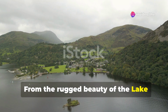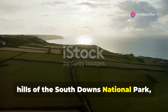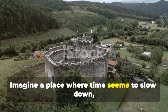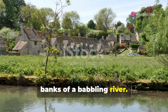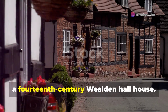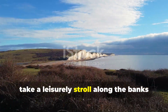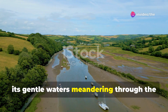From the rugged beauty of the Lake District, we journey south to the rolling hills of the South Downs National Park, where we find Alfriston. Imagine a place where time seems to slow down, where thatched roof cottages line the banks of a babbling river. As you approach Alfriston, your eyes will inevitably be drawn to the magnificent clergy house, a 14th century Wealden Hall house. Next, take a leisurely stroll along the banks of the River Cuckmere, its gentle waters meandering through the heart